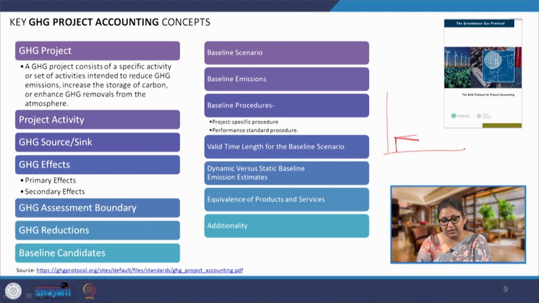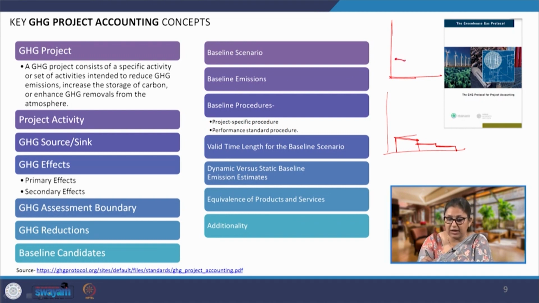Then we will set another baseline and we will further reach down. So, it will be coming down like this if we look at the static baseline. If we are looking at a dynamic baseline, then the average of previous 10 years becomes the baseline